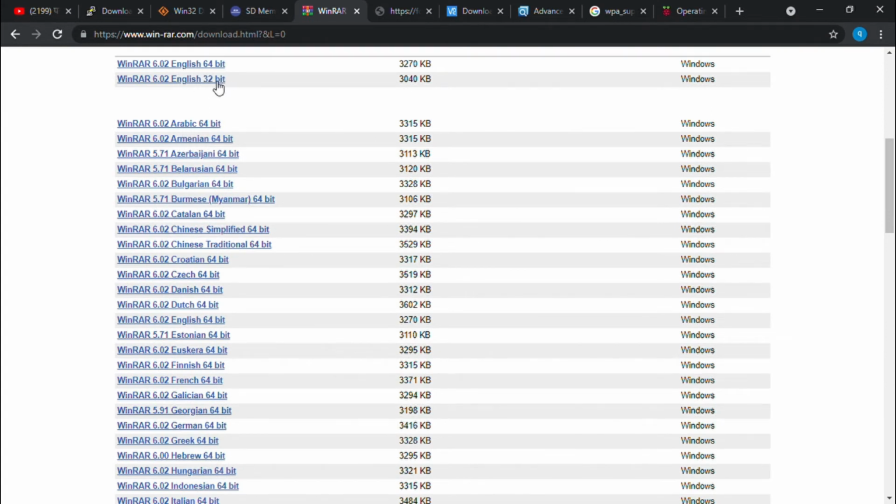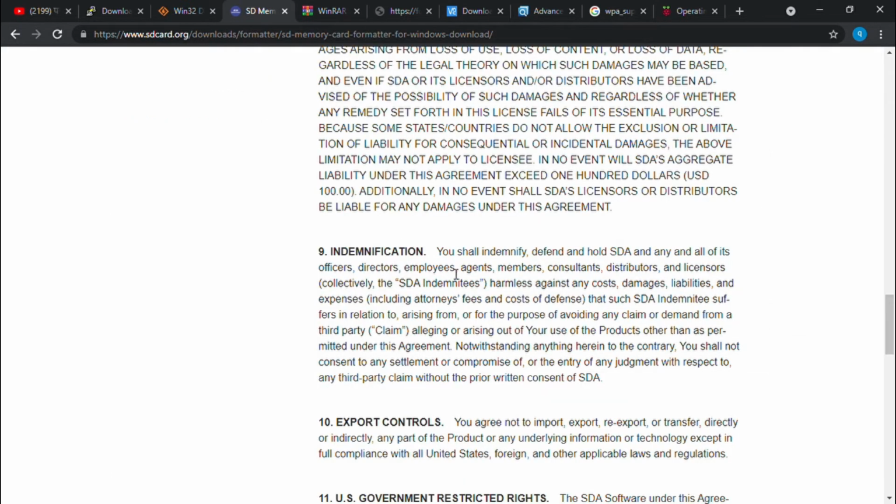I recommend this 64-bit. Just click according to the bit of your computer. So download this WinRAR and install it in your laptop. After that, you can install this SD card formatter in your laptop.